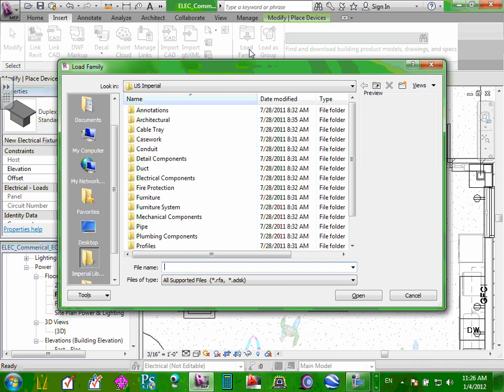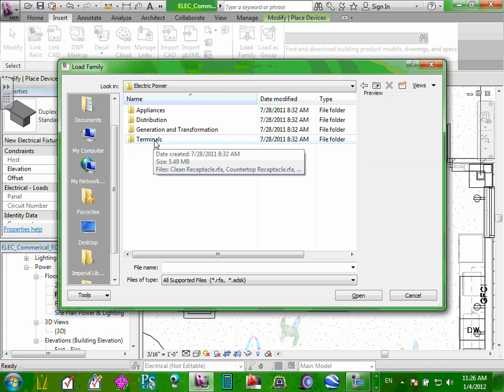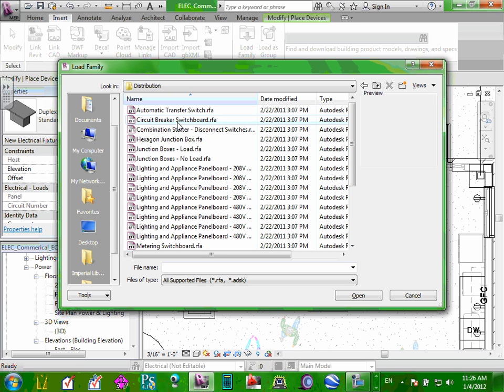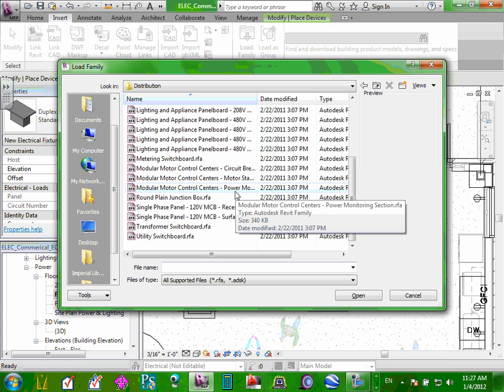Bring it. Let me do one little thing. I'm going to look under the US Imperial Library here. Click on this. I have Power Connection. I can't remember, Power Distribution, Receptacles. Here's the lighting gearbox. You're going to be here a couple of